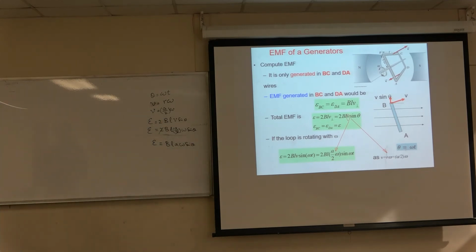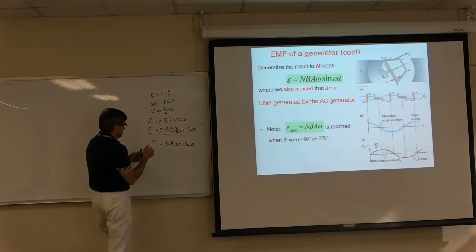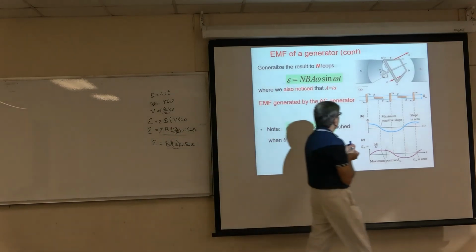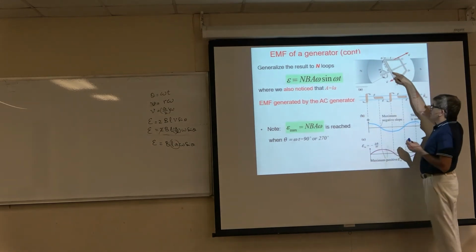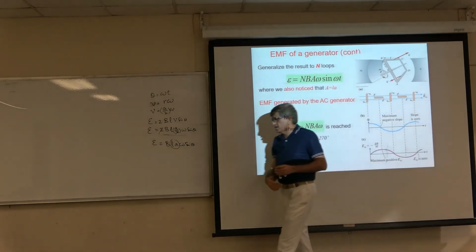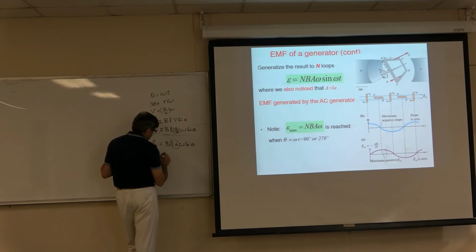And L times a is simply the area of the coil. So here, this length is L, this side is a, so the total area of the rectangle is L times a, which is area represented with the capital letter A. I can write B times A